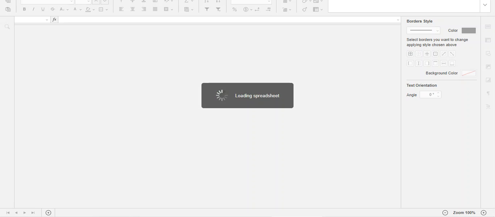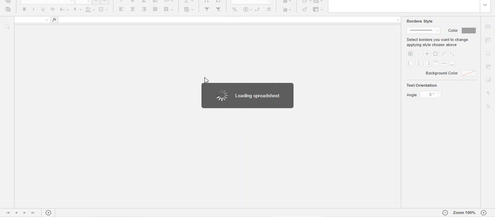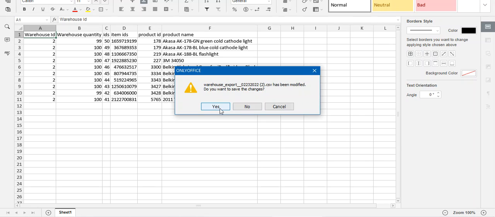So let me open this particular CSV or the comma separated value file, and we'll be able to see the products being listed there as well, with the different details of the products like the product ID and the other ones as well. Here I have to choose comma, and let me tap OK. Here we have the warehouse ID, the warehouse quantity, the IDs, the item IDs, the product IDs, and the product names along with the same for this particular warehouse that we had chosen for exporting their products. Now let me cancel this out and let's go back, and let me type here in the yes,